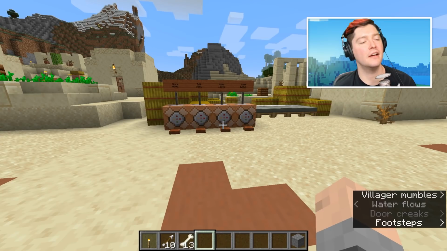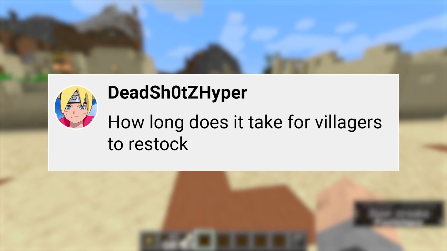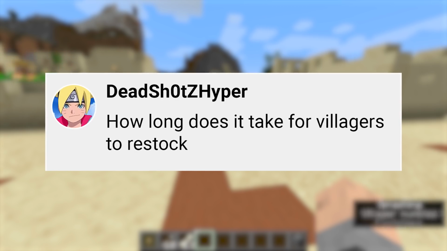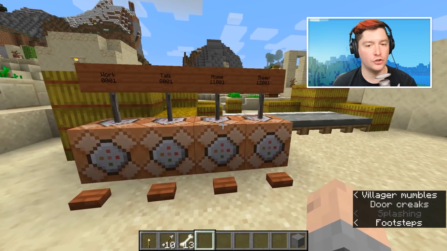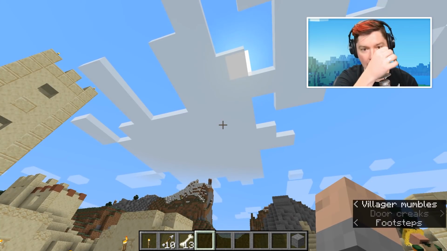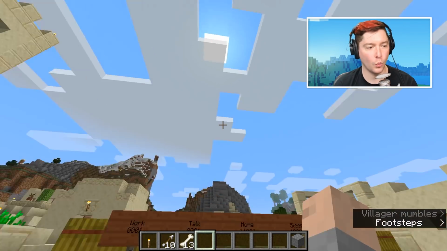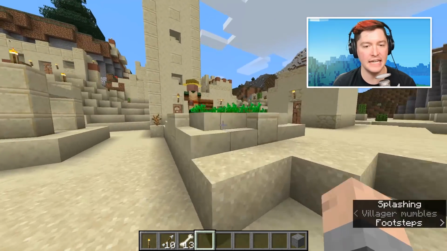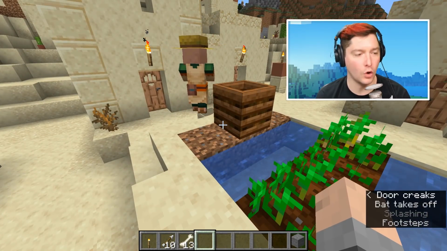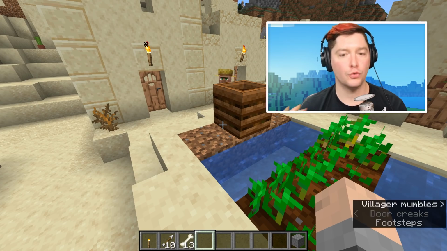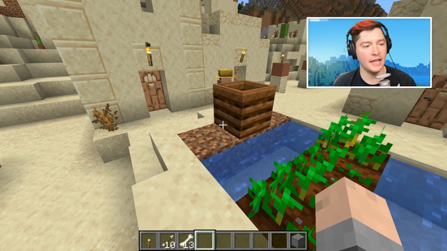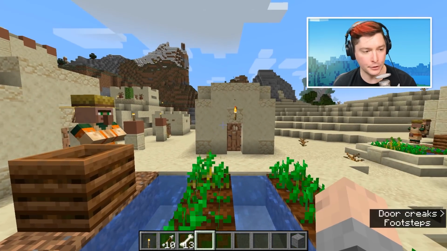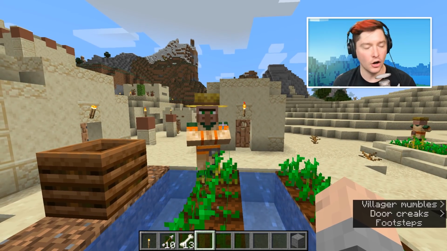Next question is from Dead Shots Hyper. How long does it take for villagers to restock? Well, that is totally dependent on what time of day it is in your world. So the villagers have a work site, and they need to work at their work site in order to restock. That is it. They have a schedule that they will keep to,